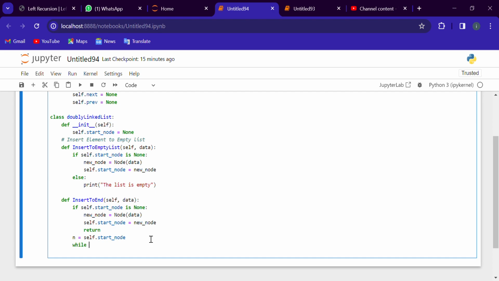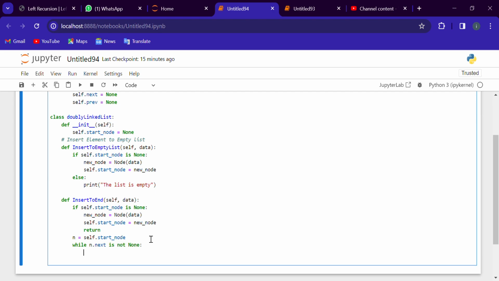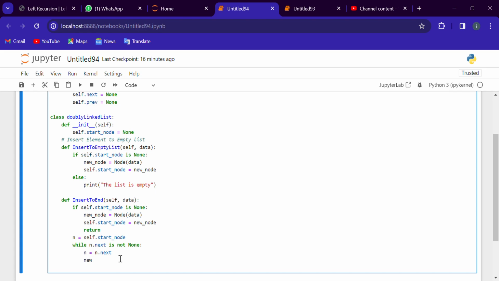We will use while for iteration: while n dot next is not none. We are saying that the next contains some data, so you have to iterate. N is equals to n dot next. If the next part of the node contains some data, it's not none. None means empty. It's not none, so you have to iterate through the next part. Okay? And we will say that new node is equals to